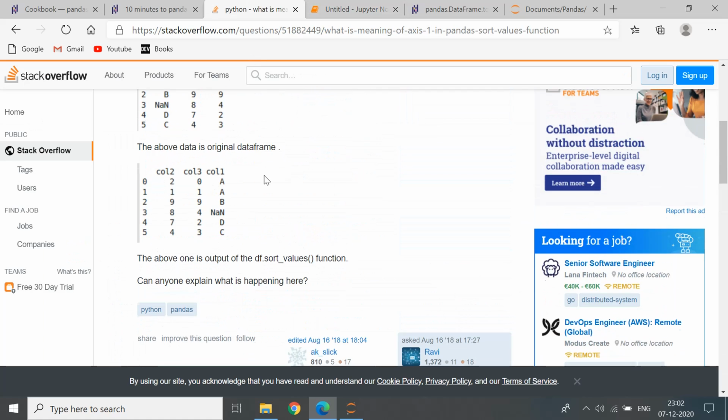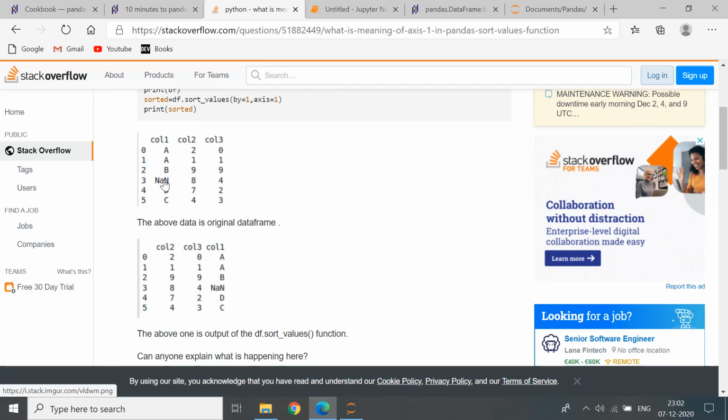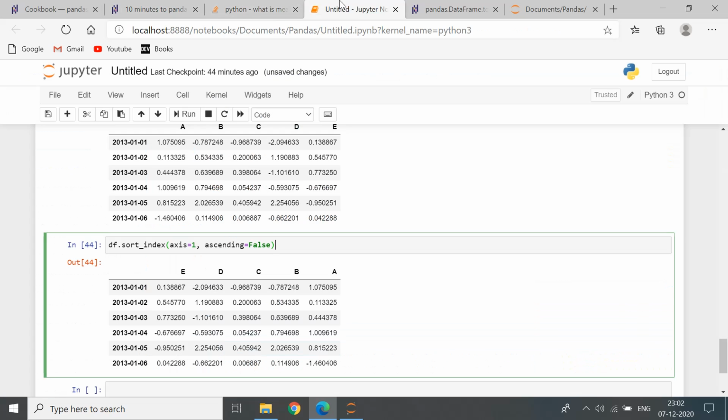If we have a look at this example right here, basically the columns themselves were sorted. If I'm not wrong, 219874 is the largest column numerically, so it is the first column now. Similarly, in our data set,